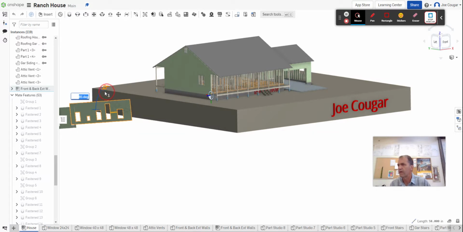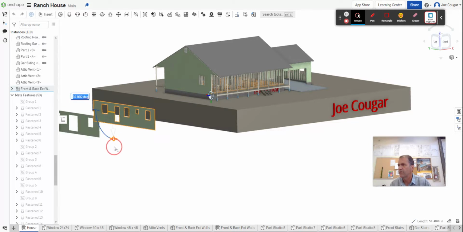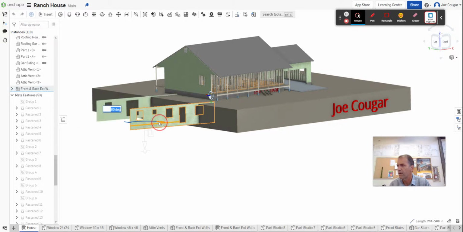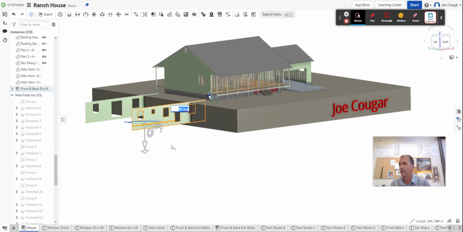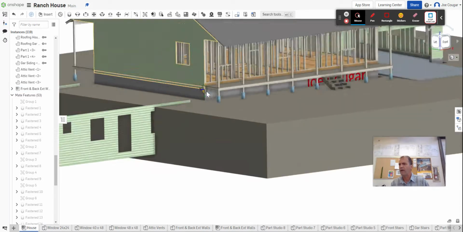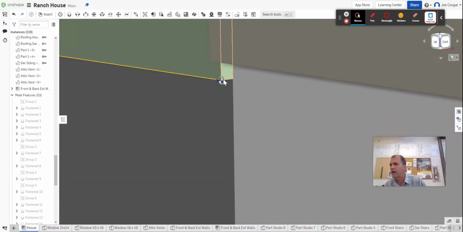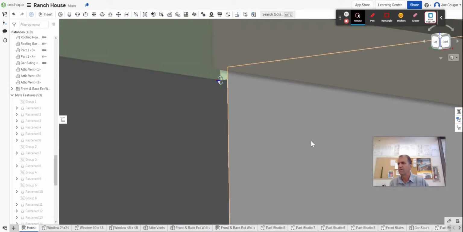Except now I'm down. Nope, I wanted to go this way. There we go. It's a little tricky. Gotta know which way we're doing this. And then I want to go this way. There we go. Now I'm the right way. It's a little tricky, guys. I need to get it to the right. There we go. All right, now I already have this little guy showing up that's gonna be a mate connector